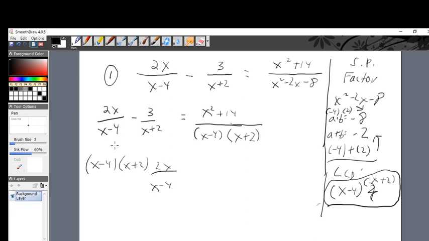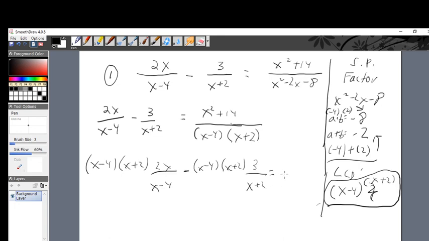That's the first one. Then there's going to be a minus here, but then we have (x minus 4) times (x plus 2) times 3 over x plus 2, equals